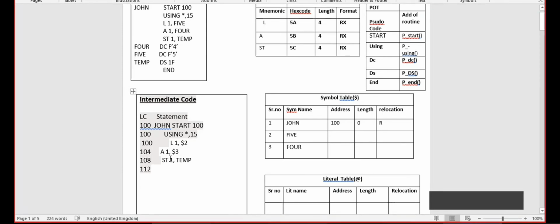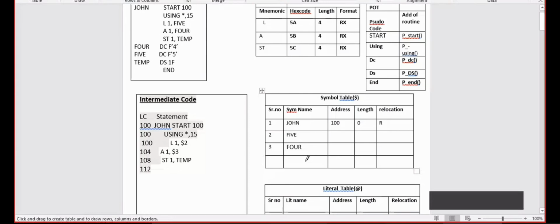And after ST, 1 is given, and 1 shows the register number. And after 1, temp is given. And temp is nothing but a symbol. So I have to make this entry of temp into the symbol table. What is the address of this temp?